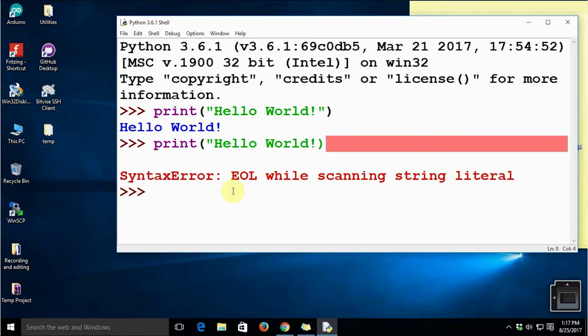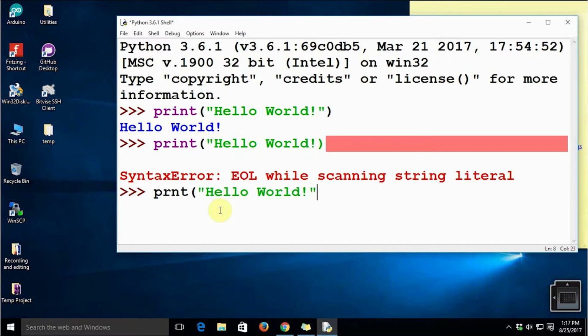A syntactical error is when you make any mistake while writing the syntax of the programming language. There are many ways you can have a syntactical error. You can just say print and then hello world.